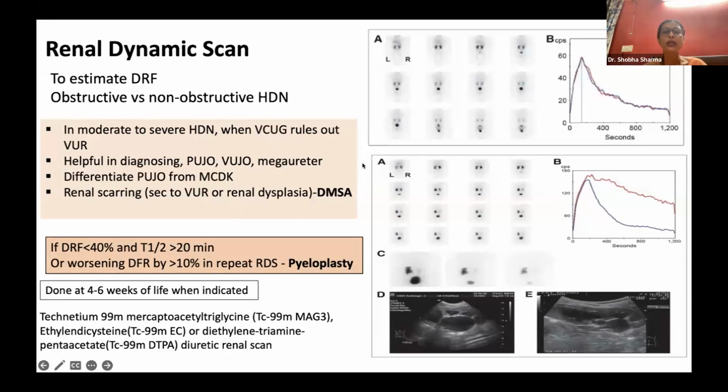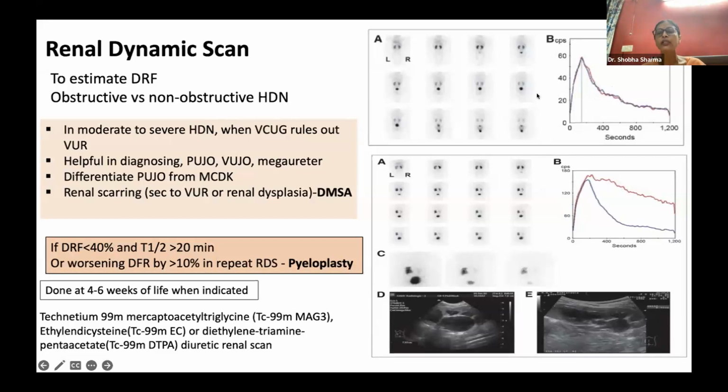the radio tracer is injected. And after that, there is uptake of the radio tracer by the kidneys within 2 minutes of injection. And within 10 minutes, 50% of the radio tracer should leave the kidney and leave the system. This is represented in the form of a time activity curve, which we call the renogram curves, which you see on the right upper side. These are the normal renogram curves, represented by red and blue lines. So you see an immediate peak in the curve, which is shown by the immediate increased uptake, and then there is a rapid decline of the renogram curve, which shows the clearance of this radio tracer